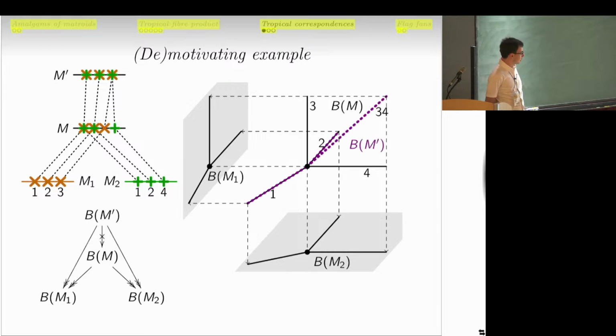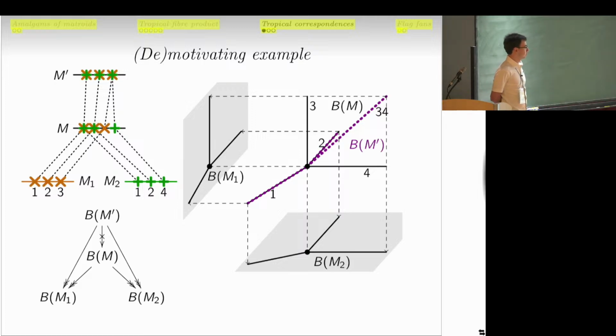And the issue is that there is no way to reverse this arrow, because if we take the Bergman fan of this second amalgam, then it's going to look like this, and it's easy to see that in order to agree with both projections, you just need to be an embedding, and the embedding doesn't work because the support of the Bergman fan of this upper amalgam is not contained in the support of the Bergman fan of the proper amalgam. And at this point, it looks like something we really shouldn't do,